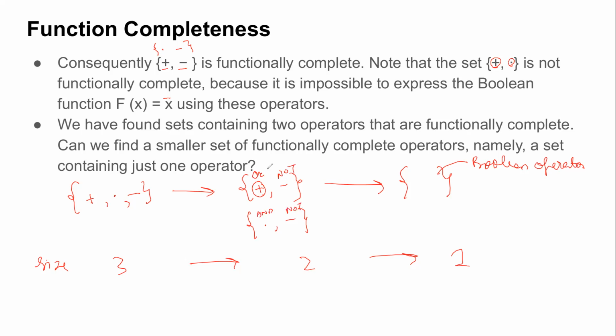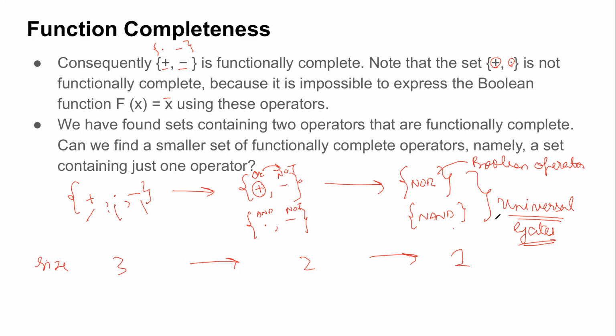And do we have a gate which is a combination of NOT and OR? Excellent. So those are the gates which can actually give us the functionally complete set. If you have studied in your 12th class also, these were known as universal gates. The name universal comes from the fact that they are functionally complete. NAND and NOR in Boolean algebra or Boolean circuits are known as universal gates because they can give you any possible addition, product, complement operation by just using them.